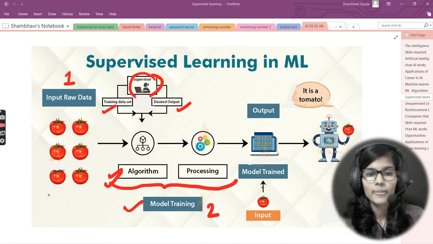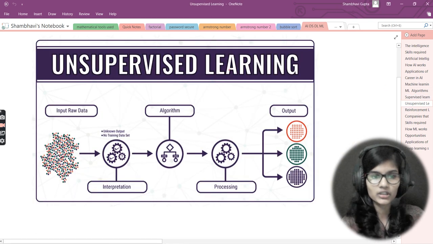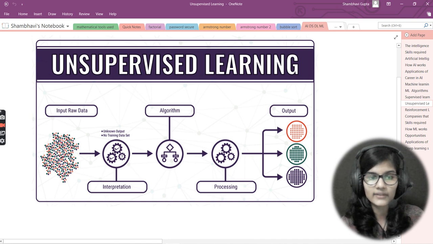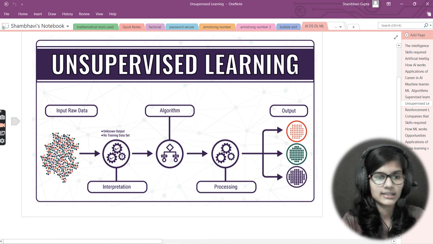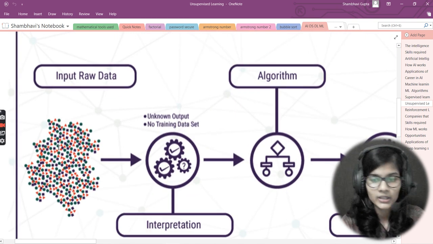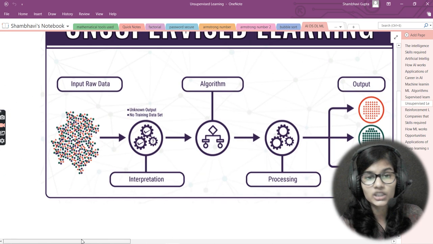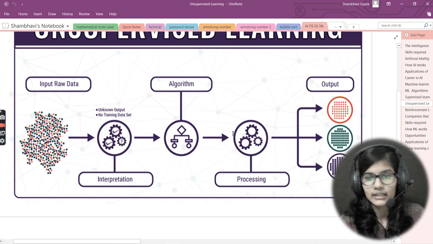Fine. Now, after supervised learning, we have the second part, that is unsupervised learning. Now just have a look: here you are not having labeled data, you are having unlabeled data. Some you are able to see are circles, some are small squares, some are triangles. If you see this in detail, let me see if I can zoom in. Fine. Hope I zoomed in and you are able to see this right here. Some are circles, some are triangles, and some are basically squares as well, right?